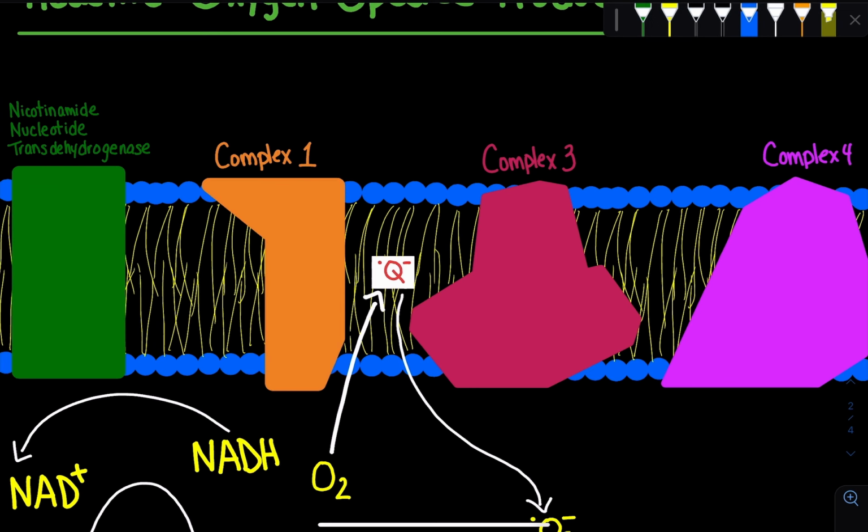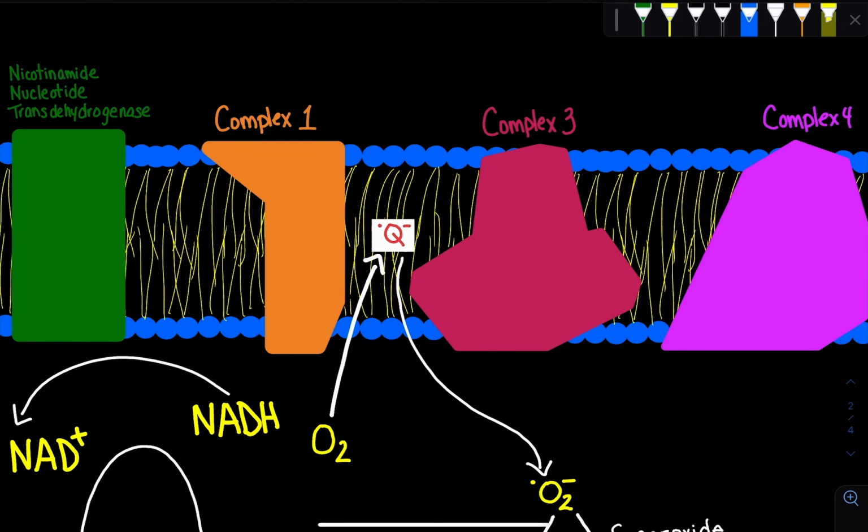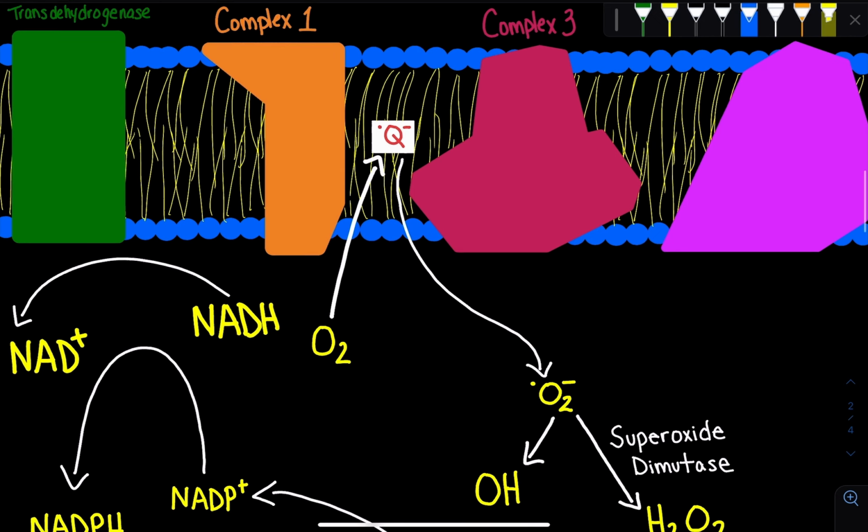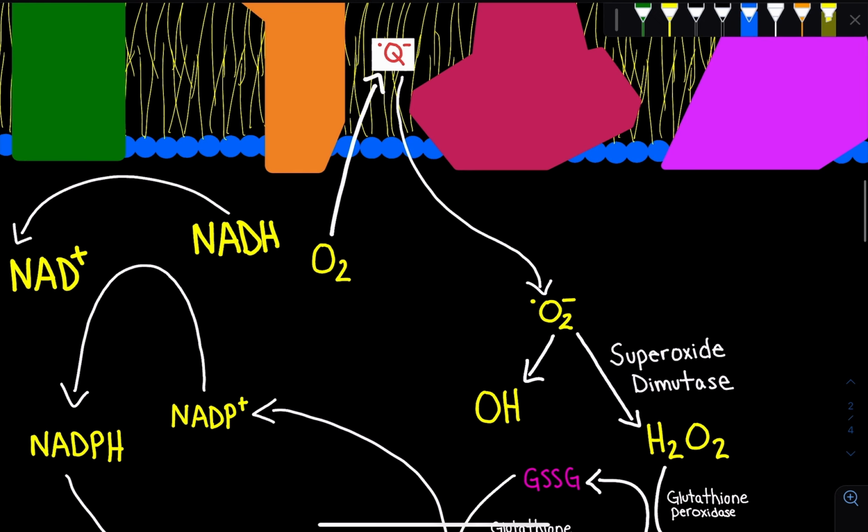And that semiquinone radical, if it persists for too long, it can react with oxygen. When it reacts with oxygen, it can form this radical oxygen, which is going to cause a lot of oxidative stress within the cell if this reactive radical oxygen persists for too long, especially if it's converted into an OH